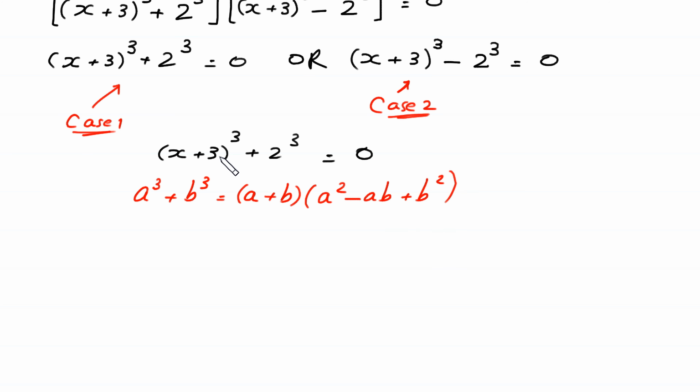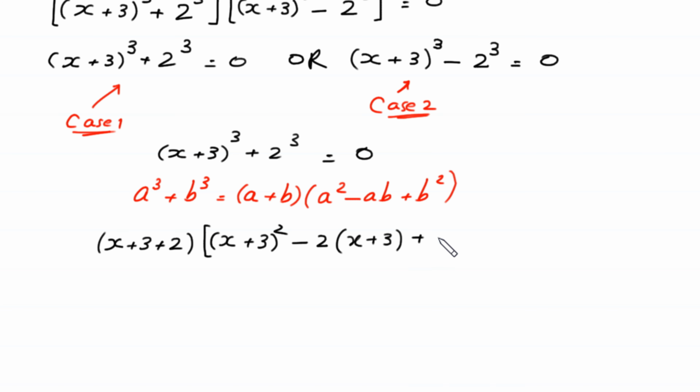This expression can be written as (x + 3 + 2) times ((x + 3)^2 − 2 times (x + 3) + 2^2) is equal to 0. Next, x + 3 + 2 is x + 5,